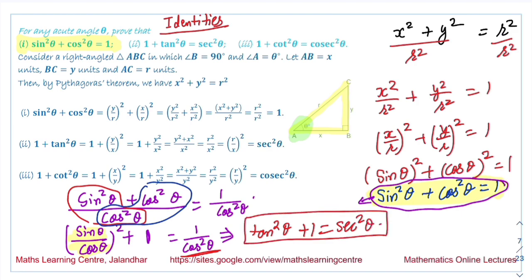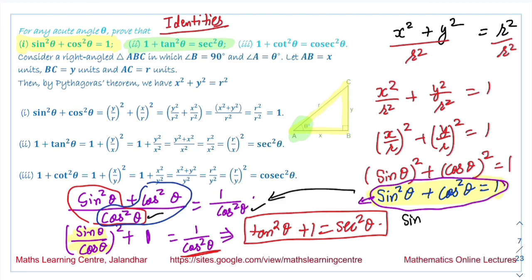And this is our second identity. Now the third identity we have is 1 plus cot square theta equal to cosecant square theta. In the previous case we divided with cos square theta. So in place of this, if we divide this term